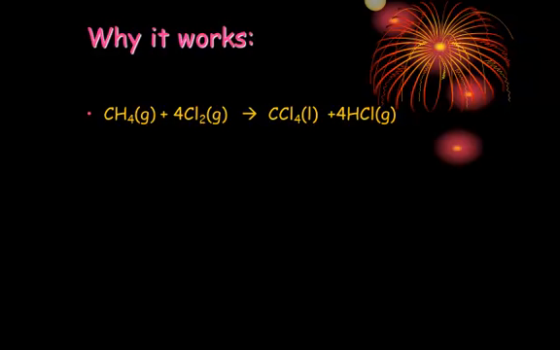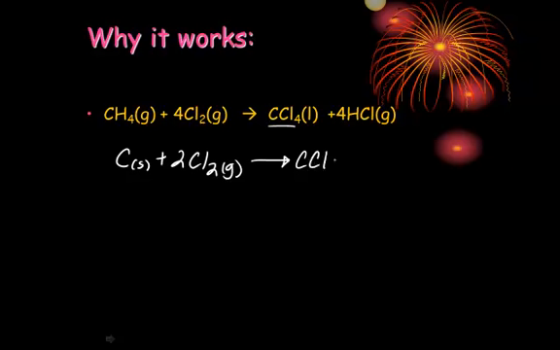Okay, now I'm going to show you why it works. Let's take this as an example where we have methane gas reacting with 4 chlorine to produce carbon tetrachloride plus 4 HCl. We can actually write this as a sum of 3 formation reactions. So let's start with the carbon tetrachloride, which is a product. We can write a heat of formation reaction for carbon tetrachloride by putting down solid carbon plus 2 diatomic chlorine gas yields 1 carbon tetrachloride